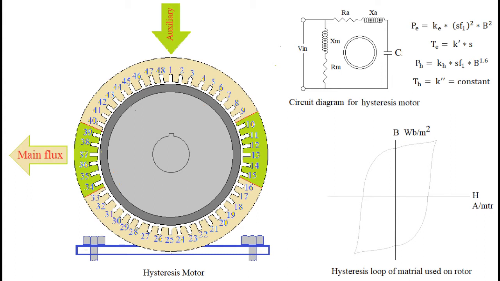On the outer ring of the rotor surface, at a certain depth, a ferromagnetic material with a high value of residual flux is used. This part of the rotor is shown in the figure in light black color. The material used to produce this ring of the rotor has a large area within its hysteresis loop. The synchronously rotating magnetic field produced by the stator currents interacts with this magnetic material.